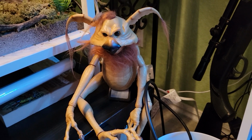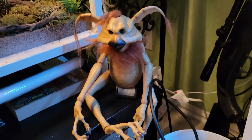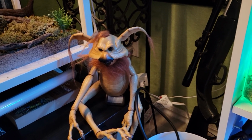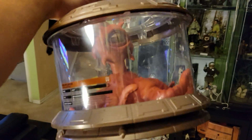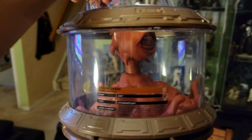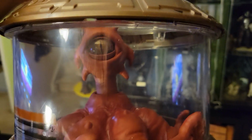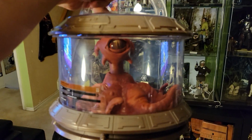Alrighty guys, so along with the Kowikian monkey lizard, aka Salacious Crumb, I also picked up a Dianoga. That's right, the Dianoga from Episode 4, A New Hope. And he came in this okay-looking container, which I thought was just kind of okay. So I went ahead and customized mine, and I got mine into a small fish tank I have